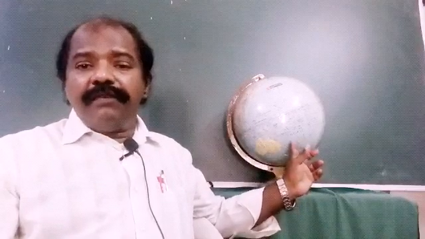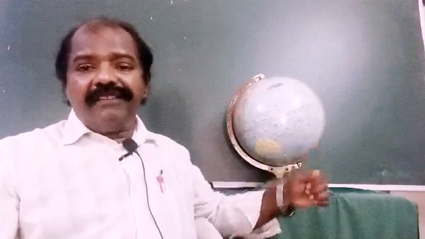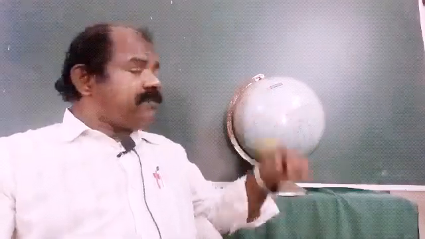Now, what are the effects of rotation? When the earth rotates itself, what are the effects? We have days and nights. Now, this is the daytime, and in the evening, night will come. How does this happen? It is because, now look at this globe, this side of the globe is having day now because light is falling upon it. The other side has no light. That means it is darkness there, night there.